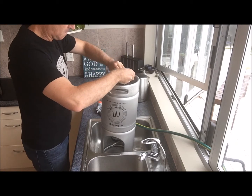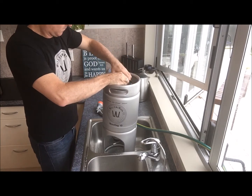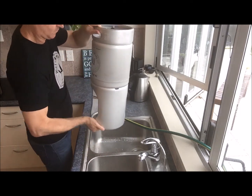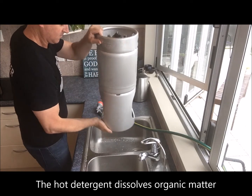Ensure the lid seal is still in its proper position and then put the lid on the BrewKeg10 by slipping it under the vessel rim and turning its locking arm clockwise to seal it. Then circulate the keg in an upright position for 10 seconds to dissolve the detergent in the cone into the